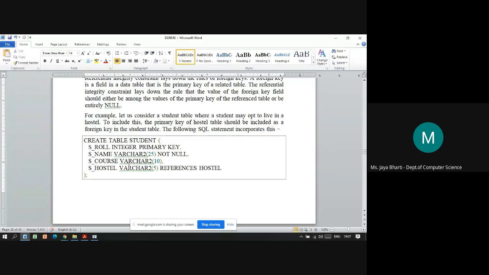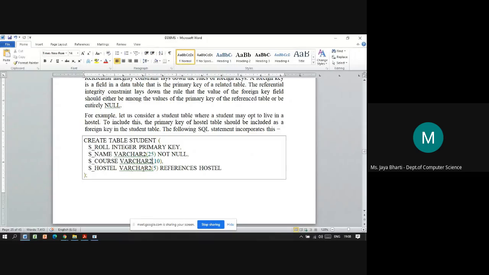Here they have created the student table with the S underscore roll number field, with the data type integer, the constraint is primary key, comma, name varchar2 with a not null constraint, then course varchar2, max length 10, comma, s underscore hostel,